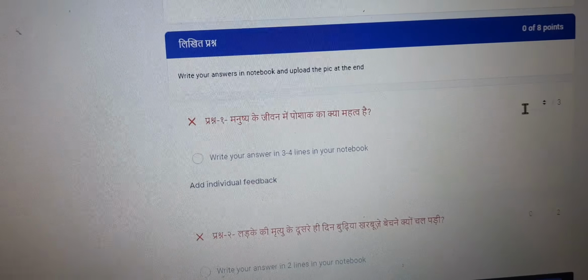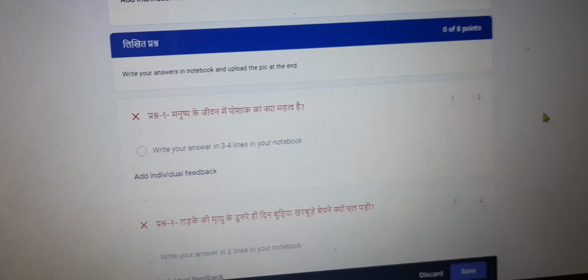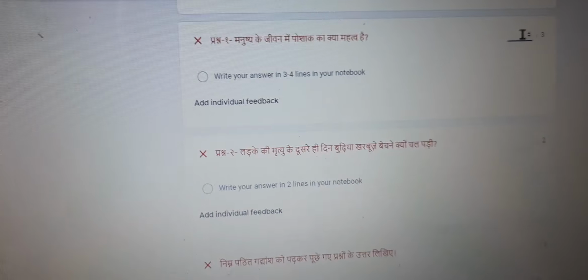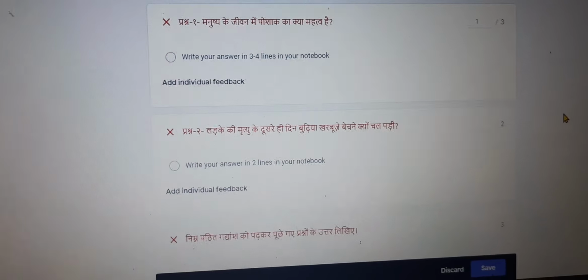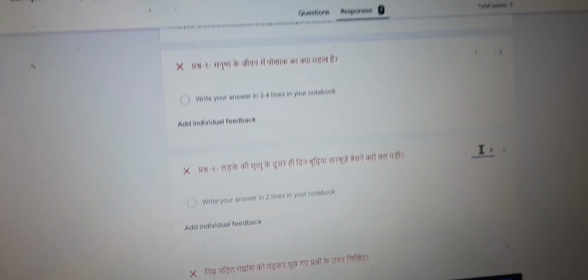And in this question out of 3 I got 1 mark only. I got 1 mark here, I got 0 marks here, and let's say 2 marks here.